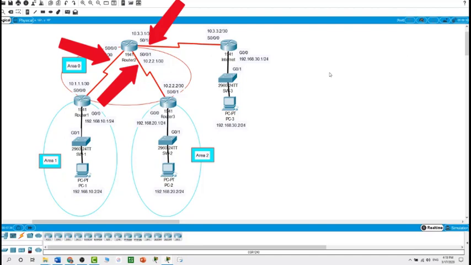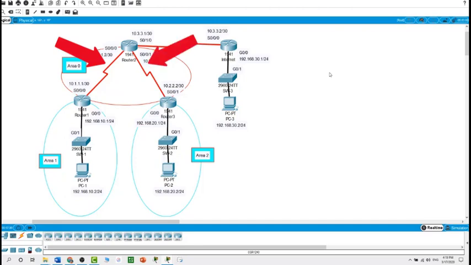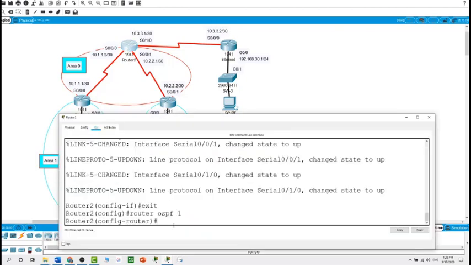Now, I will be configuring only the networks connected to router 1 and router 3, but not the network to the internet router on this side, because I will configure a default route on the internet router, and because the interface link to the internet router will not be using the dynamic routing protocol OSPF, I will configure it as a passive interface. So on router 2, we start with the first network of